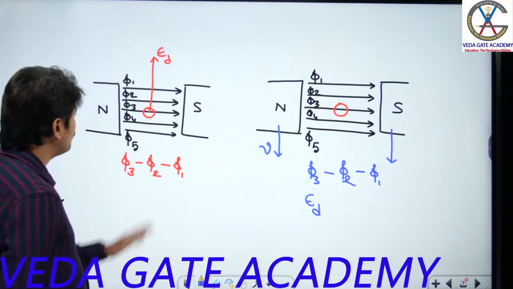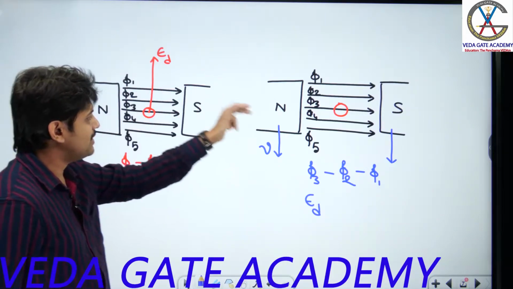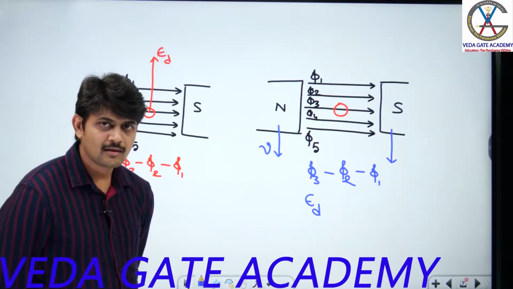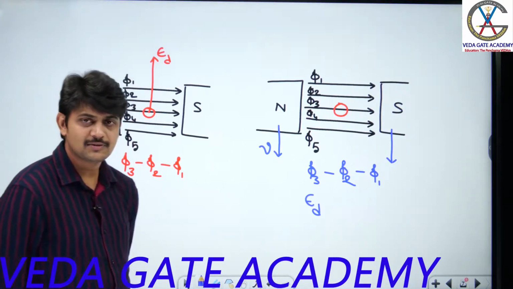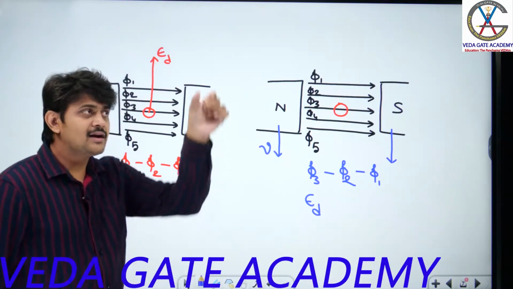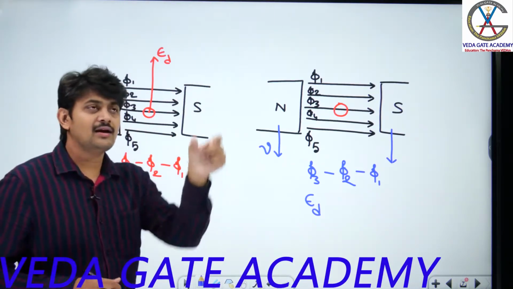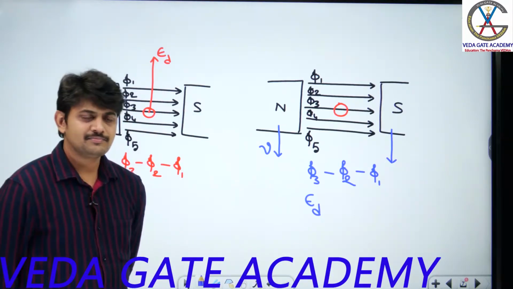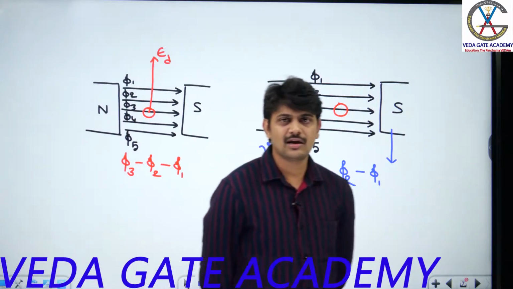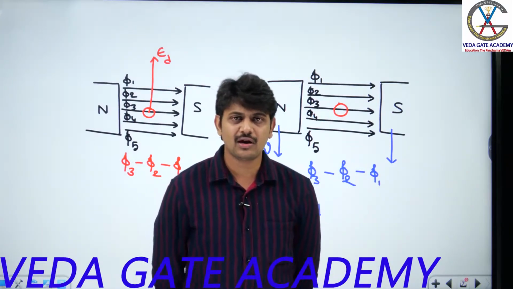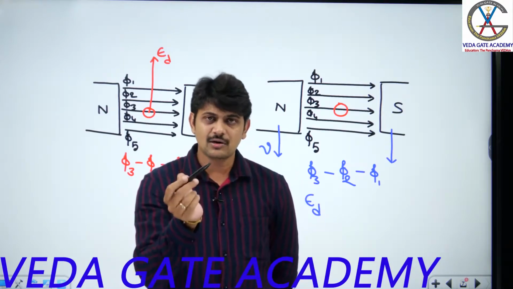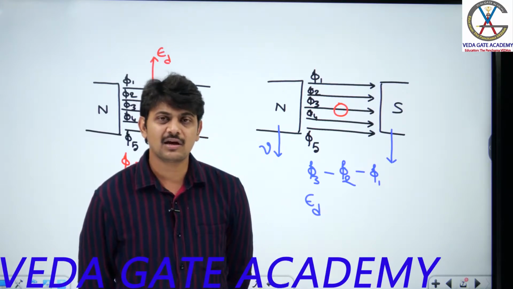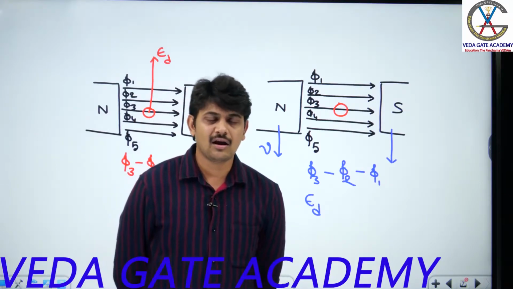So obviously I am moving the conductor in the upward direction here, whereas here I am moving the magnetic field in the downward direction. So I can say that in machines, specifically, moving the conductor in the upward direction is equivalent to moving the magnetic field in the downward direction. But in machines we are not going to use terms like upward or downward directions; in fact, we use the terms conductors moving clockwise or anti-clockwise, magnetic field moving clockwise or anti-clockwise. We are basically using the terms clockwise or anti-clockwise rotation.